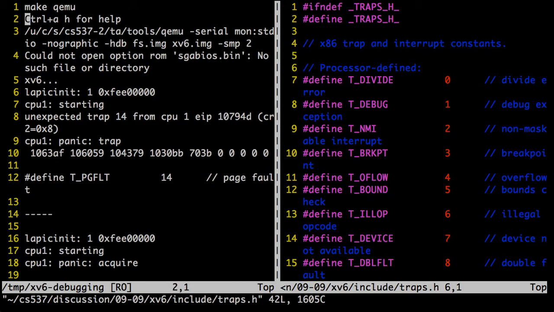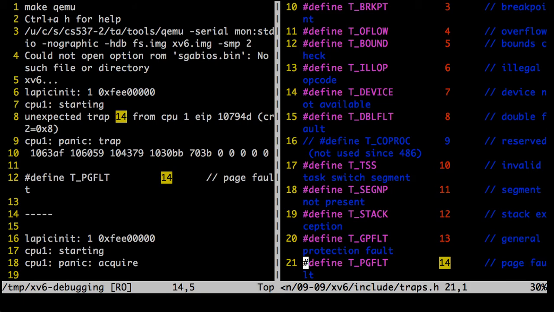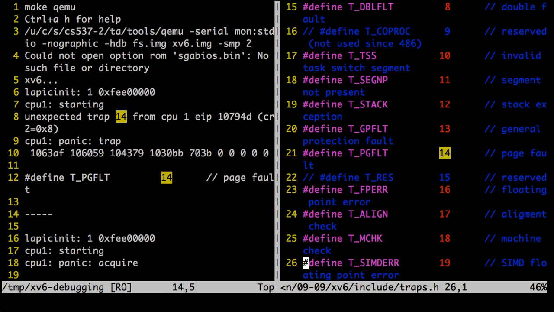If you go look at this, it is telling you in its own way what's actually going on, just that it's very hard to understand. So if you get this error, you go to this file and look up what 14 means. In this particular case, 14 means a page fault. Hopefully this gives you some information as to how to debug your error.